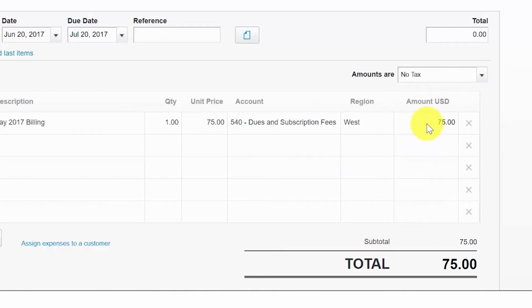Xero will automatically multiply the quantity times the rate to calculate the amount. Please note that if you need to pay a supplier in another currency,